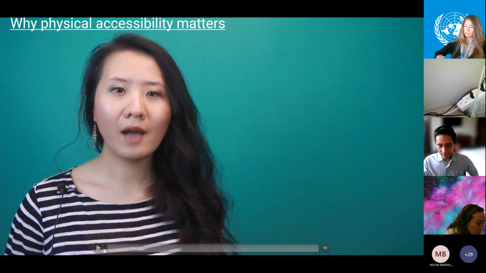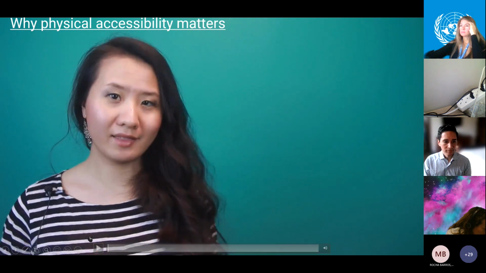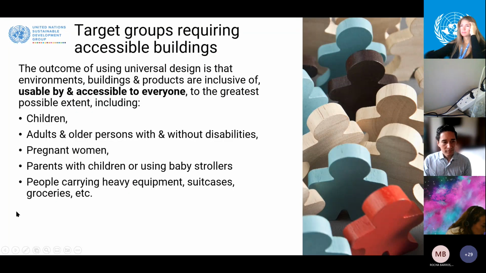No worries. So in the next slide, we're going to talk about the target groups that will benefit from universal design or from achieving physical accessibility to buildings. Children, adults, and elder persons with or without disabilities, pregnant women, parents with children or who are using baby strollers, people carrying large, heavy equipment or suitcases or delivery boxes.